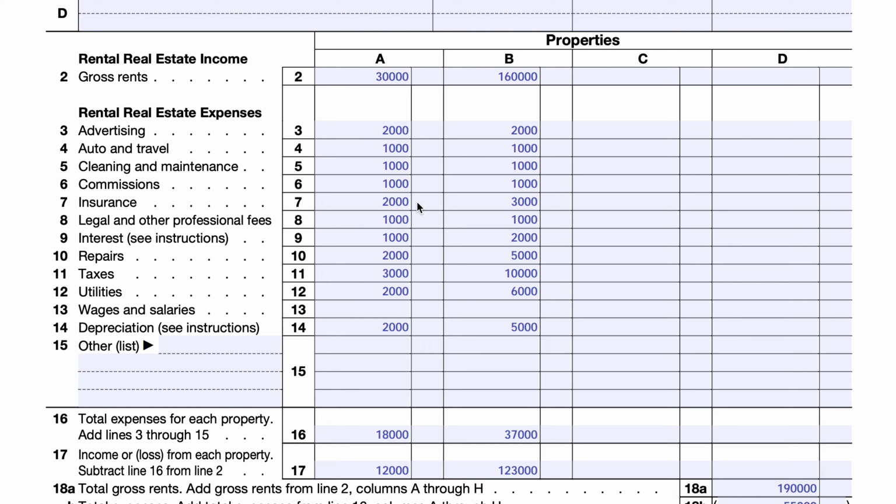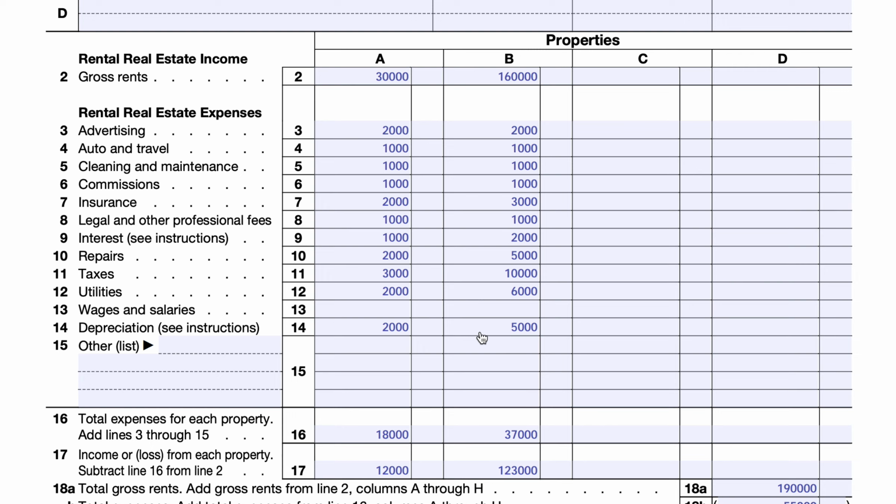And then other expenses, I was not able to really find an IRS reference that listed other authorized expenses. But if you did find an expense that's includable as part of your rental real estate costs, you could include that there. You would annotate the type of expense over here and then enter it in the appropriate column. So now that we've listed out all of our gross income and all of our expenses, we're simply going